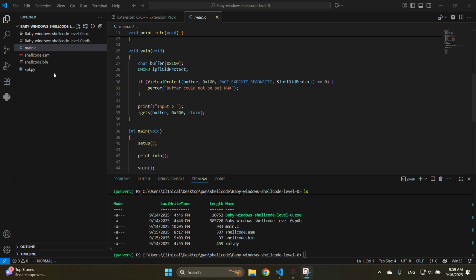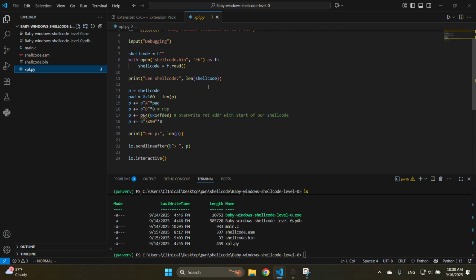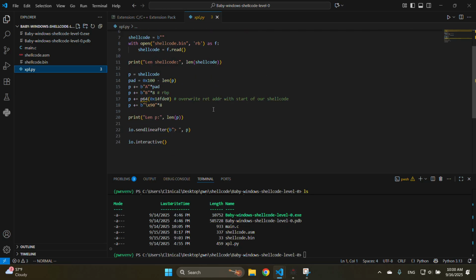So now I'm going to show you the exploit script for this challenge, and I'm going to show you a little caveat that we're going to have to fix together. So I'm using the setup as I've shown in the other videos, where I start a challenge and then I call debugging using the input function in Python, and then I read my shellcode.bin from the same folder that the exploit script is in, and then I send a